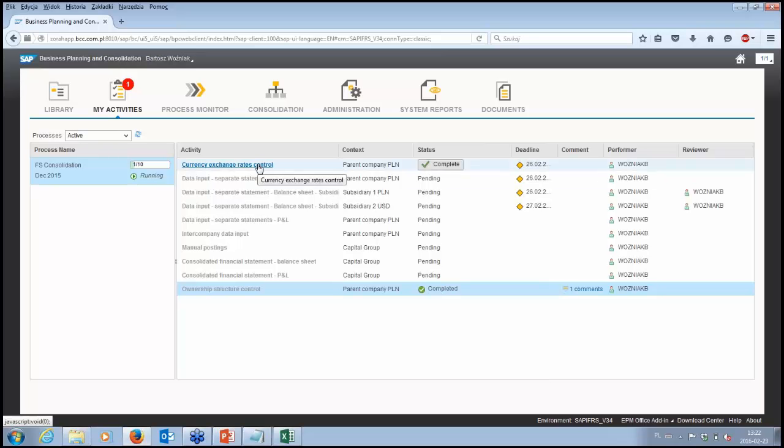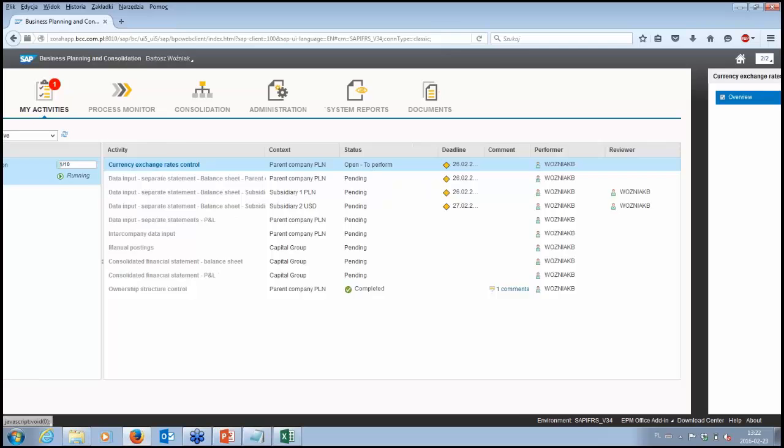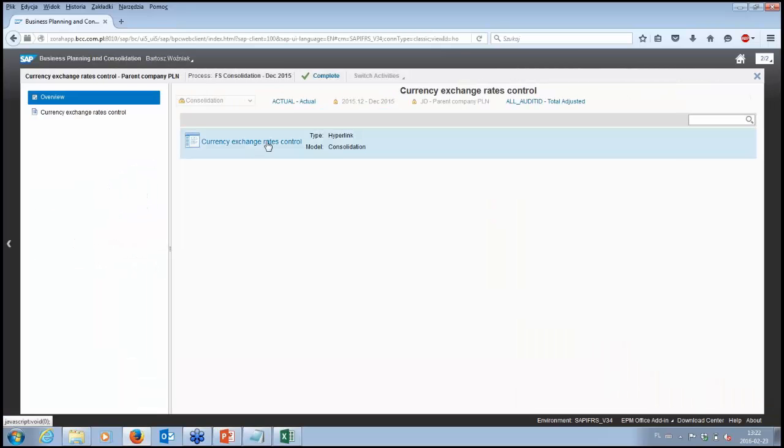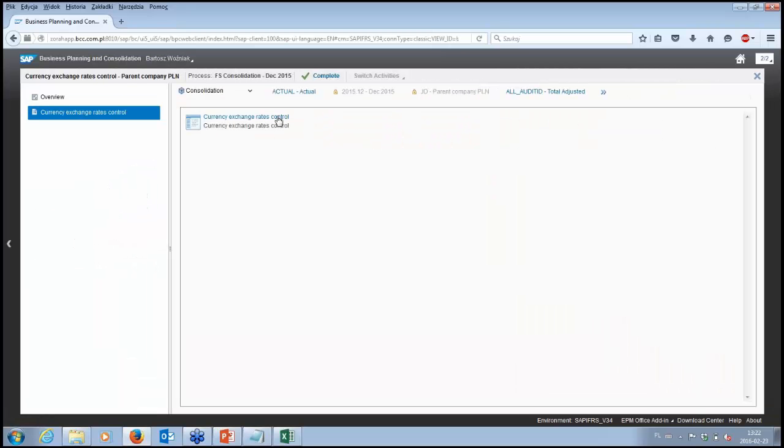Now I want to check if my currency exchange rates are also provided correctly. These are also assigned to a specific period.